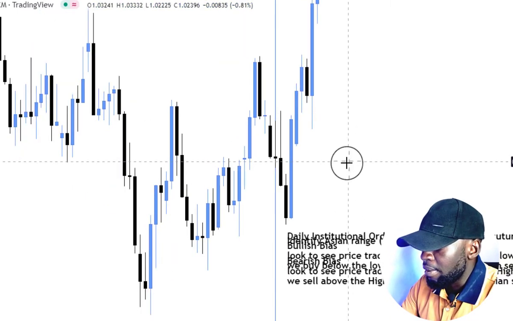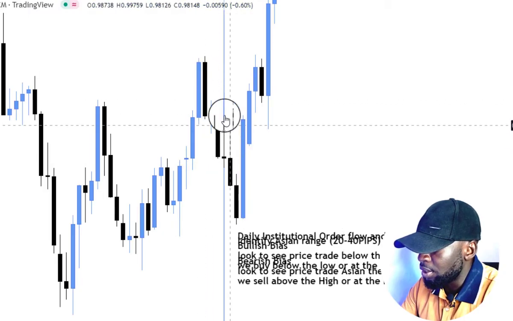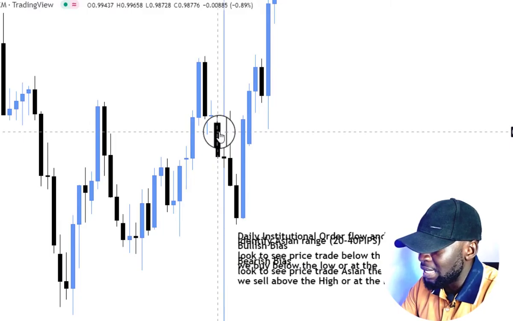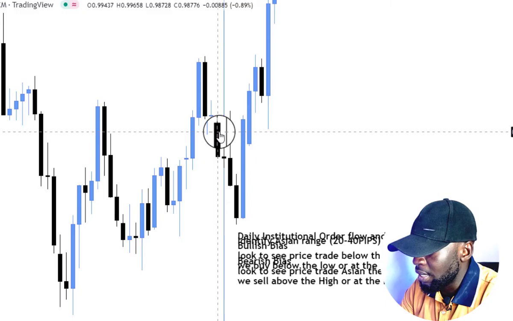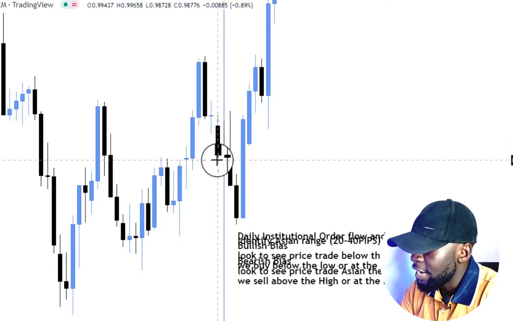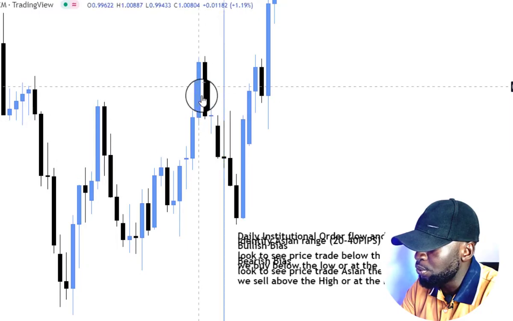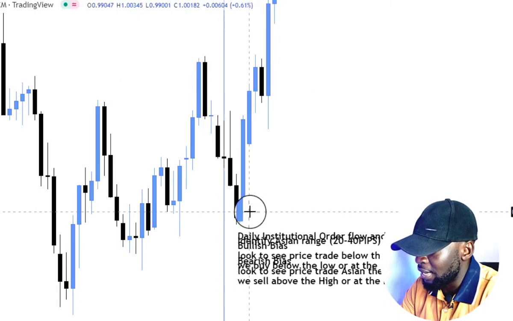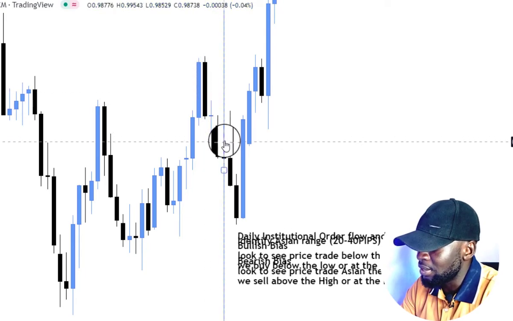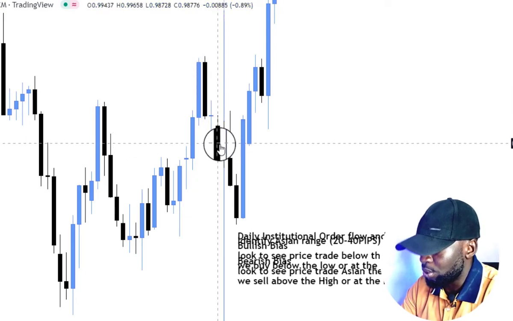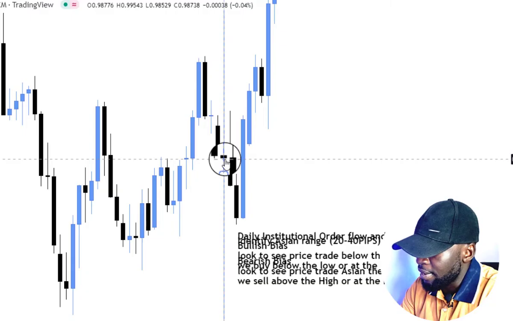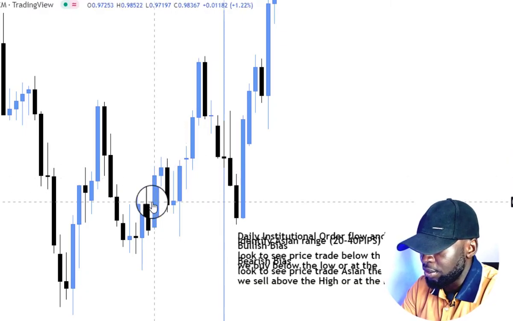Okay, so this is our daily time frame. As at this point, the current institutional order flow was bearish because we are seeing the daily candles taking out previous daily lows. Okay, the daily candles taking out previous daily lows, even though this is actually a retracement move. Why? Because this was an expansion, it broke structure. This is a retracement into internal range. You know how to outline these things, right? So we had a retracement sell here. So the current institutional order flow as at this time was bearish, even though this was a retracement move into internal range liquidity. I would have been looking for fair value gaps, order block, price traded into this, and then